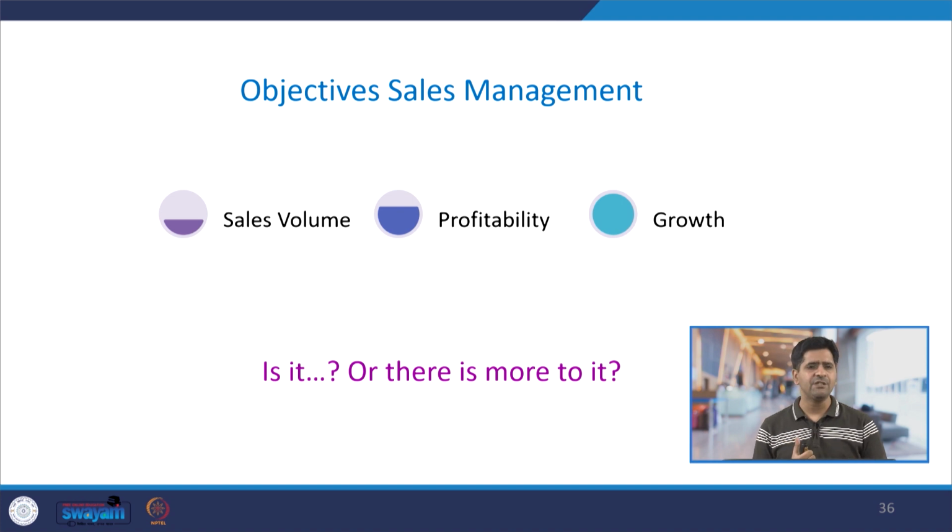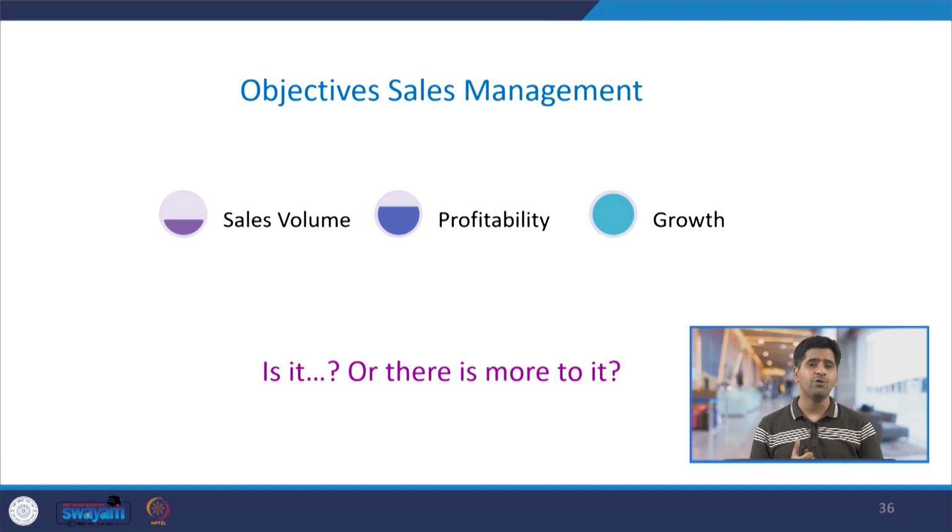Another objective which can be mentioned with respect to this is profitability. It is not just about increasing the volume of sales, it is also important that what is being sold at least brings in some amount of profitability. See, if the sales numbers are gradually increasing, but if you look at the profitability registers, if they are telling a sob story, it is not going to make sense. So it is very very important that what is being sold should definitely bring in some amount of profits for the organization.